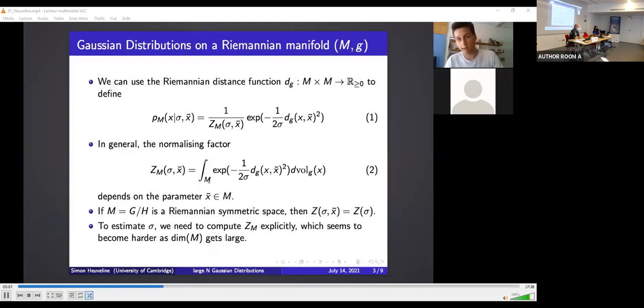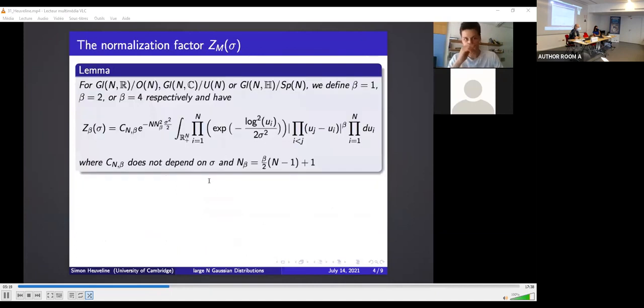But again, anyway, we are quite lucky, and it turns out that this integral can be simplified in a way that makes it accessible to some random matrix theory techniques and theoretical physics techniques. And this is what I would like to go into now. Okay, again, mostly going back from the general case of a general manifold back to our case